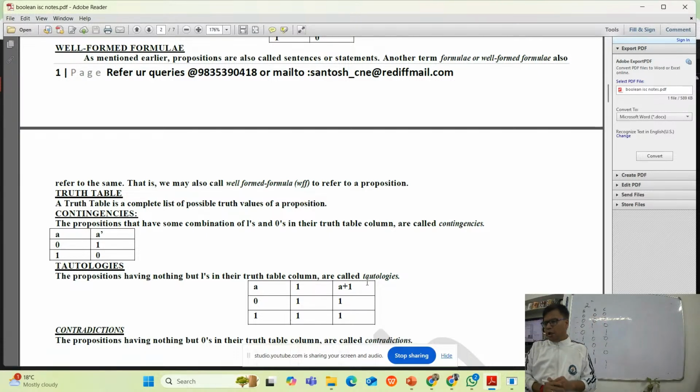Now this truth table can be either a tautology, or a contingency, or a contradiction. If a truth table gives output 1 in all the input conditions, then it is known as a tautology. If it gives output 0 in all the input conditions, then it is a contradiction, and if it is giving a combination of 0 and 1